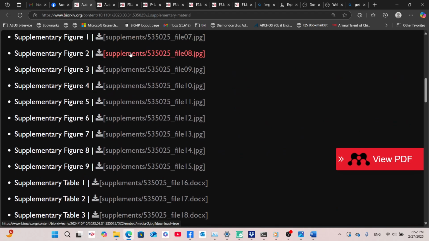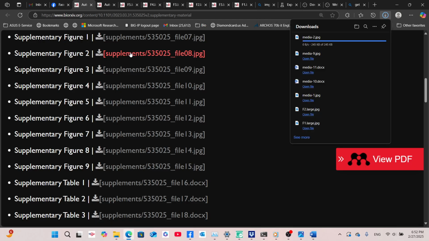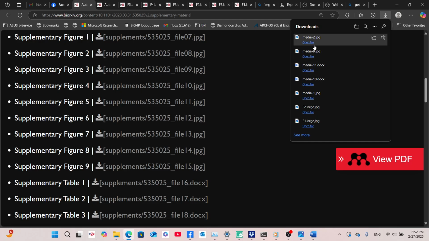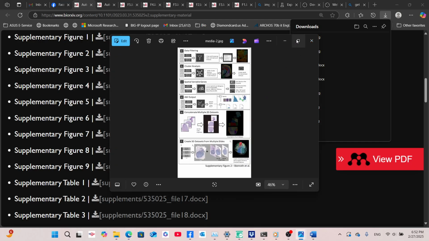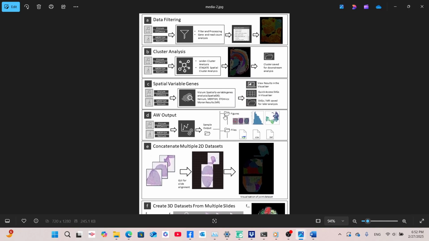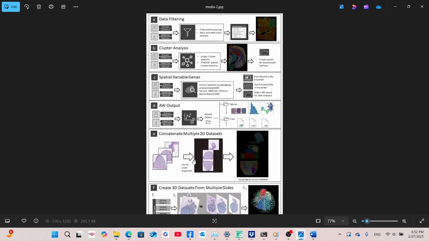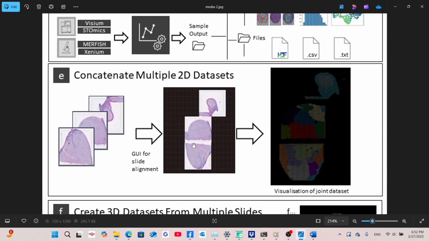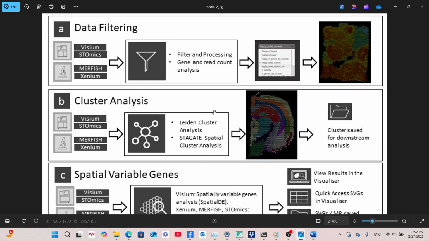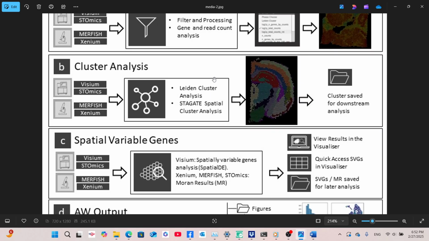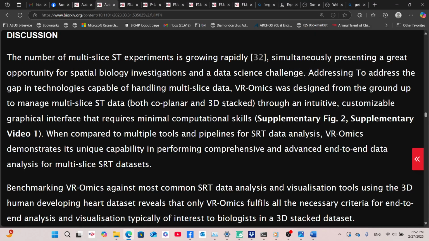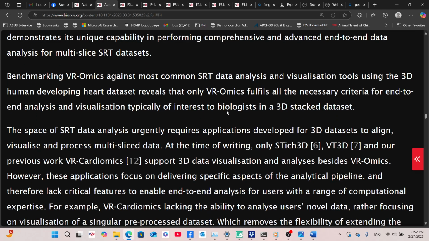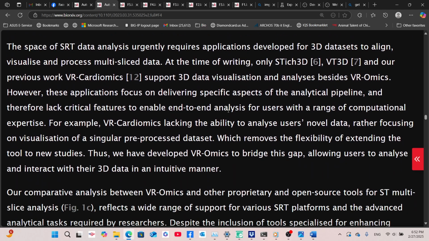When compared to multiple tools and pipelines for SRT data analysis, VR-Omics demonstrates its unique capability in performing comprehensive and advanced end-to-end data analysis for multi-slice SRT datasets. Benchmarking VR-Omics against most common SRT data analysis and visualization tools using the 3D Human Developing Heart dataset reveals that only VR-Omics fulfills all the necessary criteria for end-to-end analysis and visualization typically of interest to biologists in a 3D stacked dataset. The space of SRT data analysis urgently requires applications developed for 3D datasets to align, visualize, and process